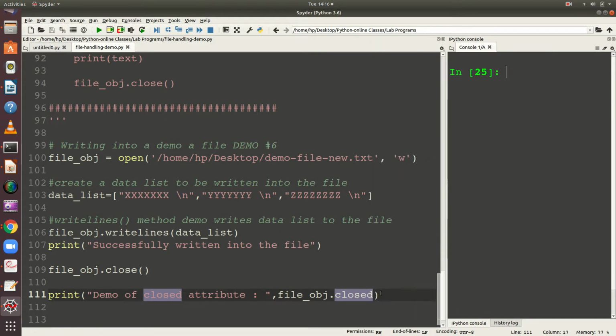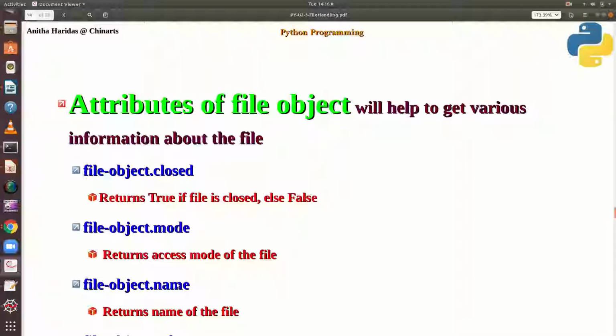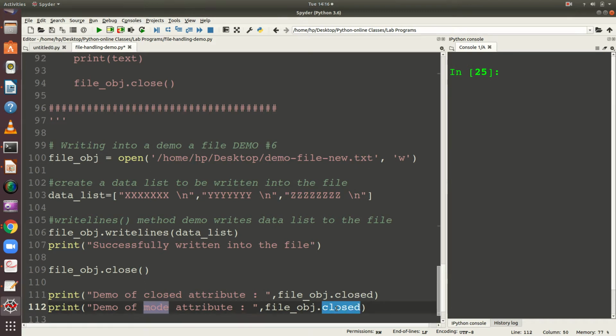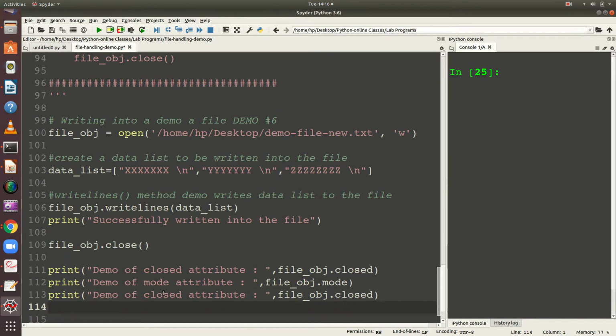Then let us have the demo of the mode attribute, and I'm going to use the mode. Then let us have the name attribute, and let us run.